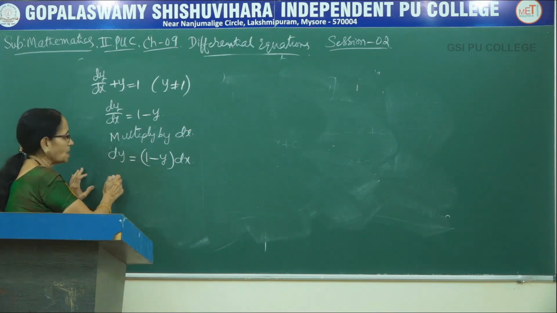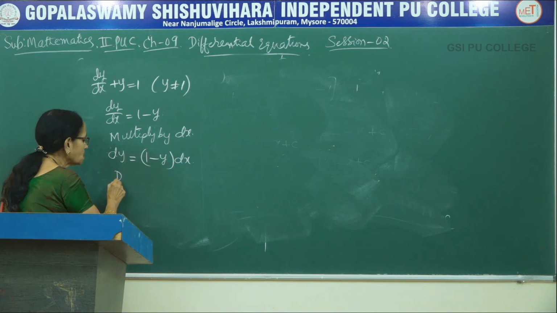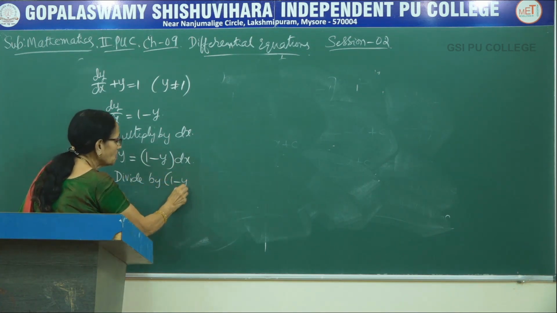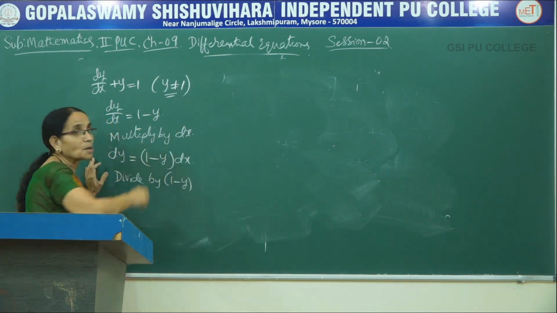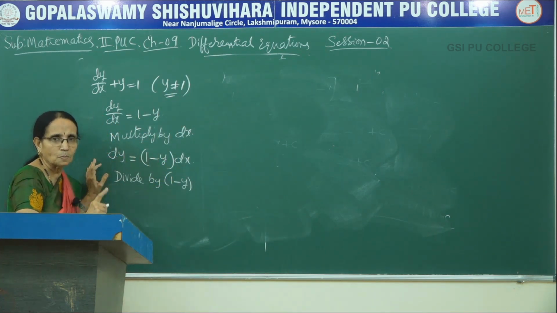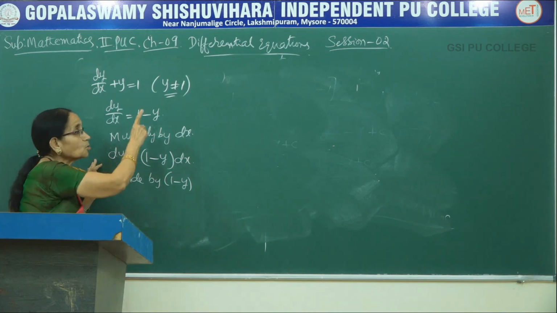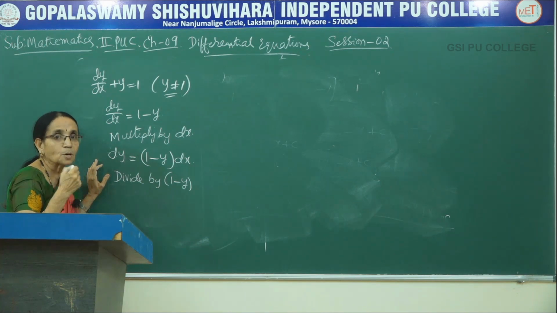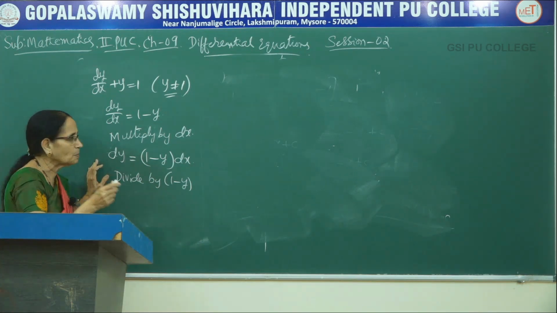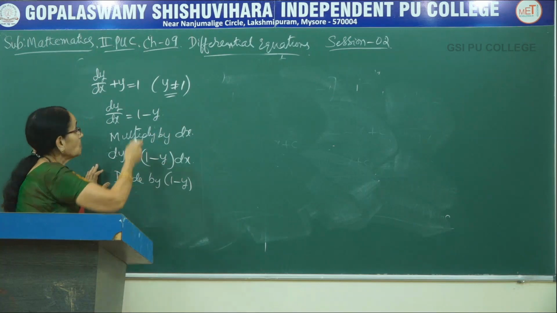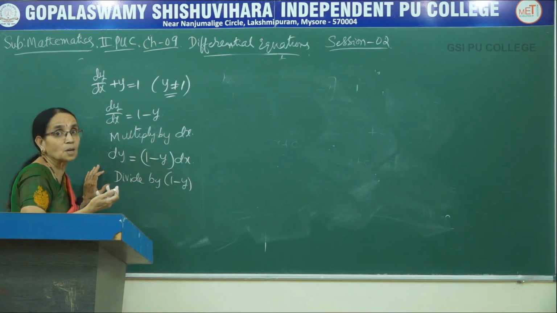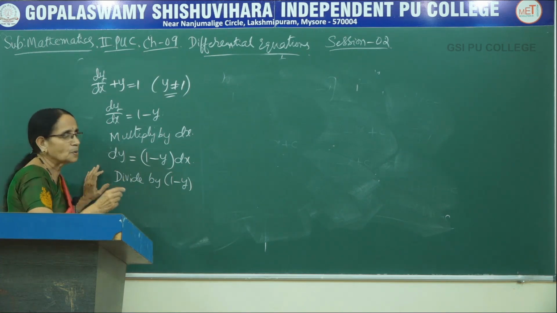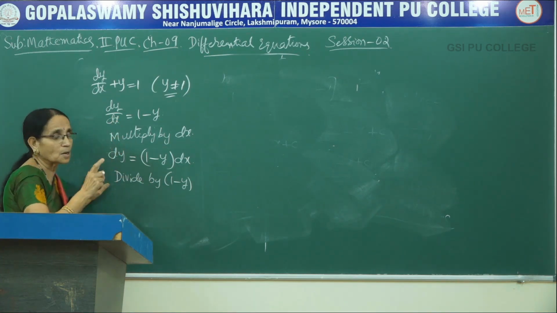This should go to the left hand side because it is in the numerator. How do you do that one? It is divide by 1 minus y. See, that is why this condition has been given. We are dividing by 1 minus y, which means y should not be equal to 1. If y is equal to 1, it becomes 0. Division by 0 is not defined, as you know. For that purpose, the condition has been given. By looking at the function, you don't feel why it is given like this. When you simplify, when you rearrange the terms, then we will know why that condition has been given.